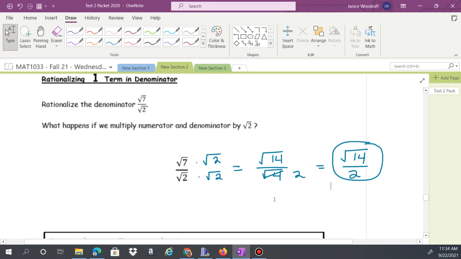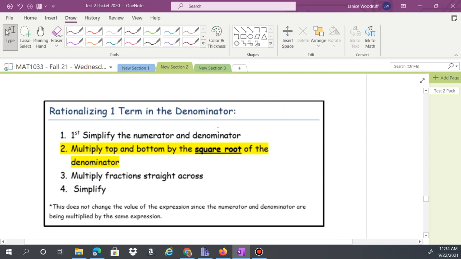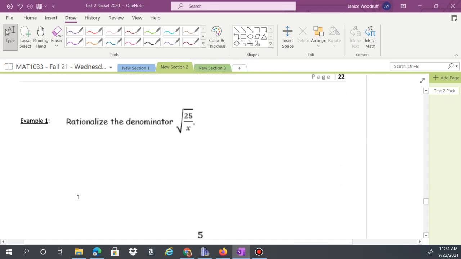So your process for rationalizing a denominator, you can simplify first or last. I actually like simplifying at the very end. I like to multiply first because then you don't have to simplify twice. See how it's there in 1 and 4? Just go straight to step 2: multiply the top and the bottom by the square root of the denominator. Multiply straight across, then simplify. So for example,